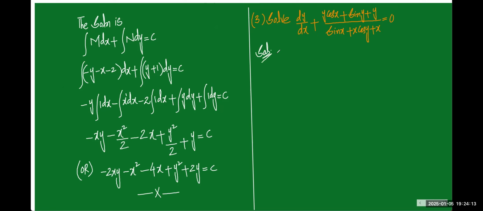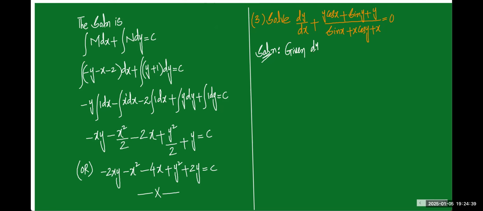Now tell me whether our question is in the standard form. No, of course not. Let me write it in a standard form, then identify M and N, then differentiate partially, then check the condition of exactness, then write down the solution. Start. Step number one, given